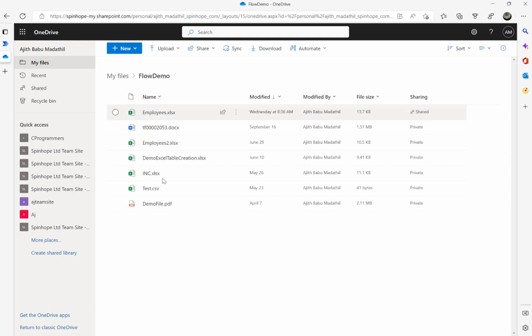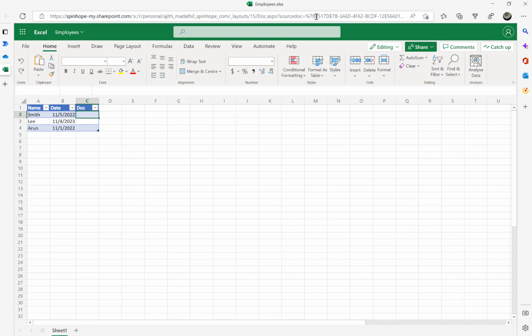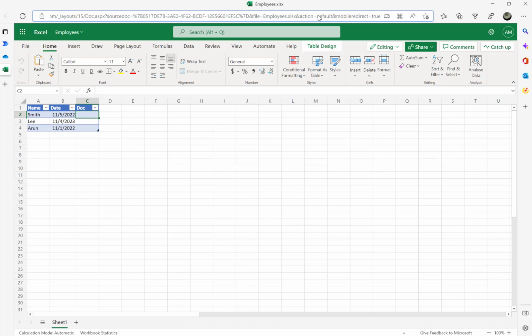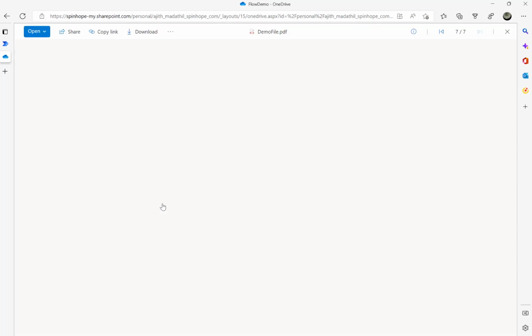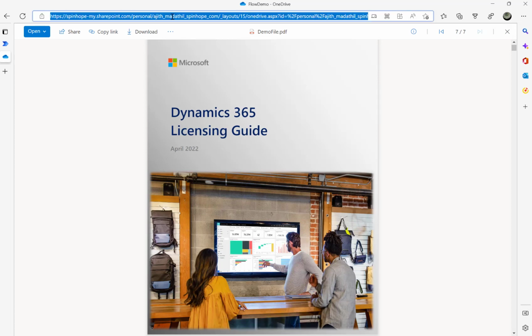Here it is. So there are a couple of files here. If I click on the demo file.pdf or the employee.xlx file, just take one of the files, see the URL it's constructing there. That's a URL you can access, but there are some IDs here also for the Excel sheet. Just close that and see the PDF file, how that's going to come up. So for the PDF file, just take this as an example. So I'm going to copy this, Control C,